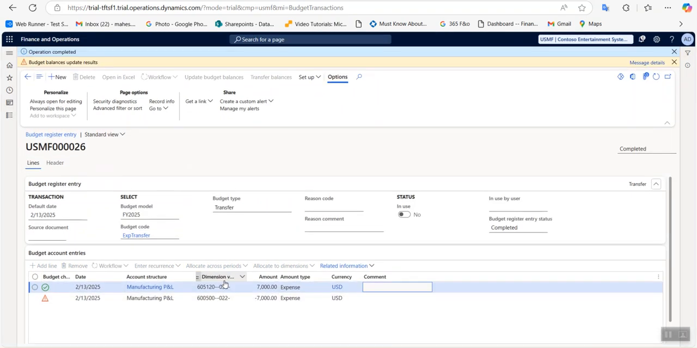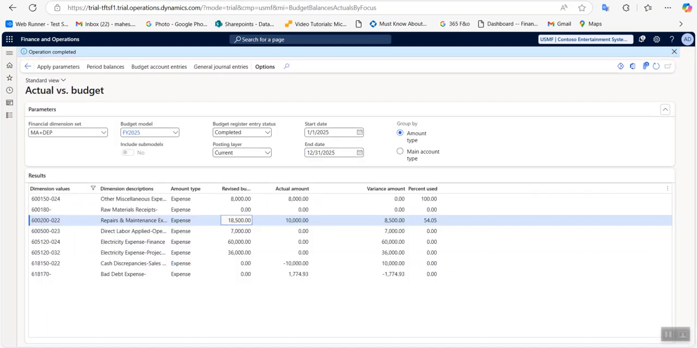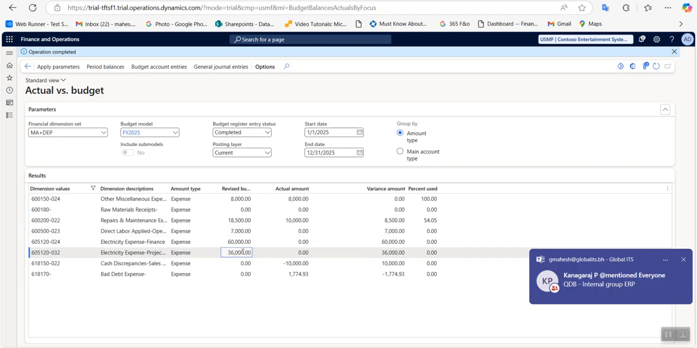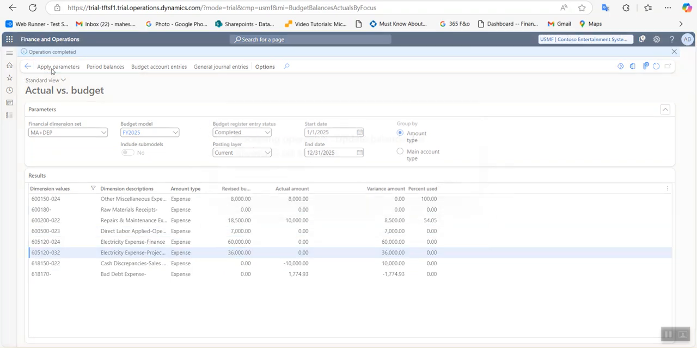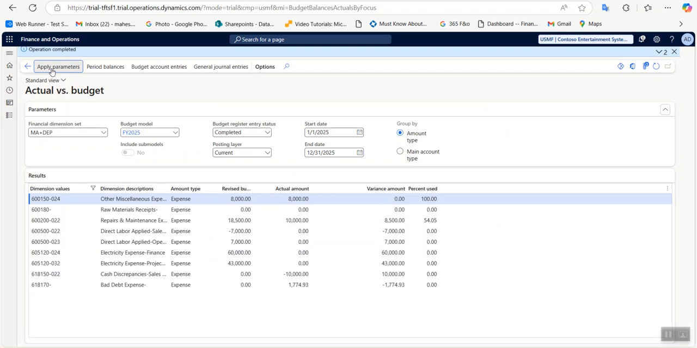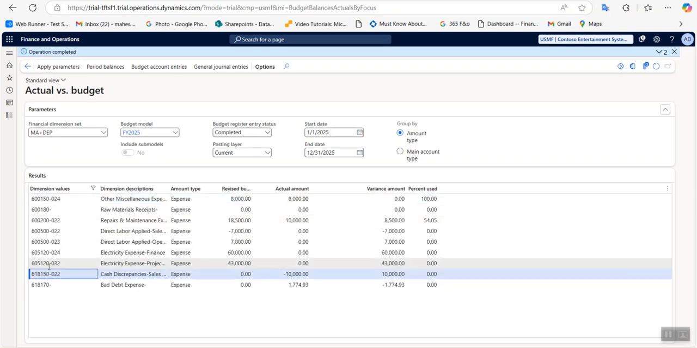direct labor applied. Now if I go back to the updated register entry, our actual expenditure expenses, this 7,000 will be reduced from this particular main account and it will be added to this particular main account combination. Okay. Now if I click on apply parameter, so if I go to this particular electricity expenses period balance,